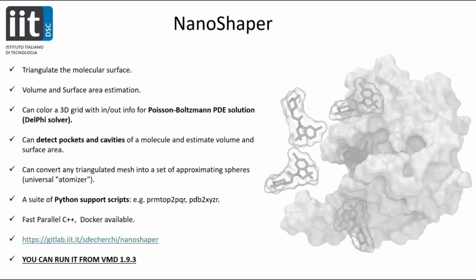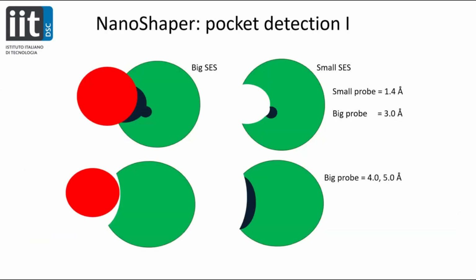However, here, and this is something which is open source, it's fully available, you can download it, and it's Docker available too, so it's super usable on Linux. And you can use it, not so visible, but you can use it also via VMD. So you can open VMD, ask for the NanoShaper representation, and you will get the molecular surface. But NanoShaper here is actually used first to get the pocket. Not really to compute the molecular surface per se, just to make it visible.